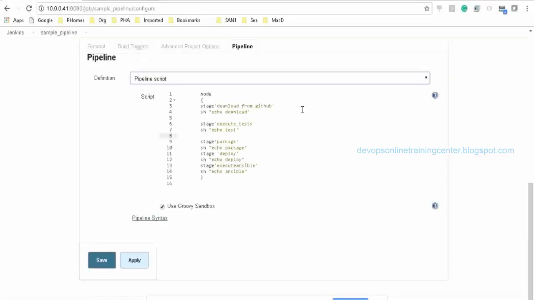The same file, same code, we need to write in a file called Jenkinsfile, and that in Groovy syntax. So there we write stages and all, and we save that file, and we keep this file in GitHub, and then we give the repository information in pipeline, right?